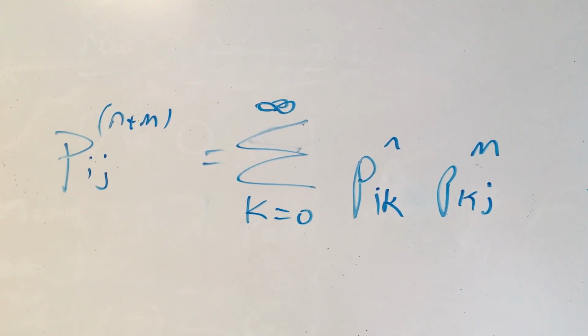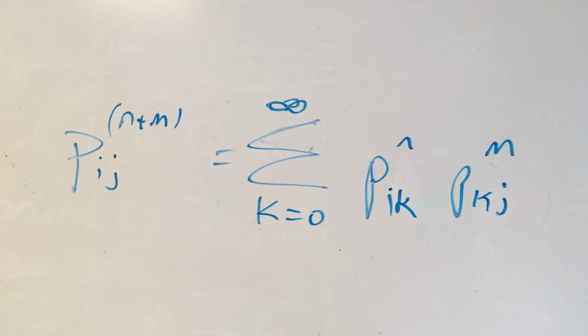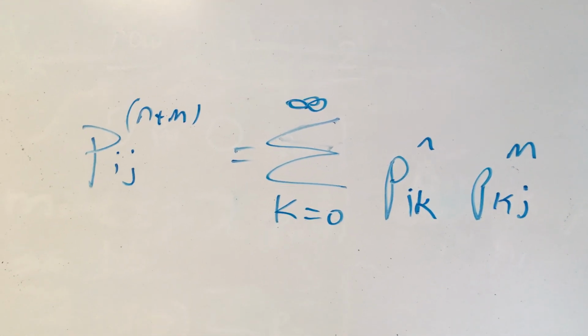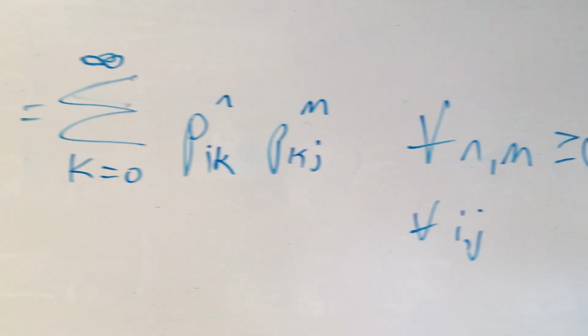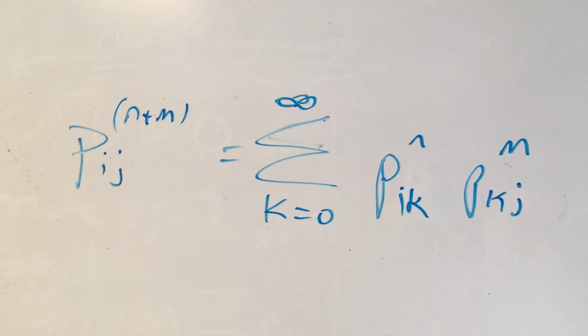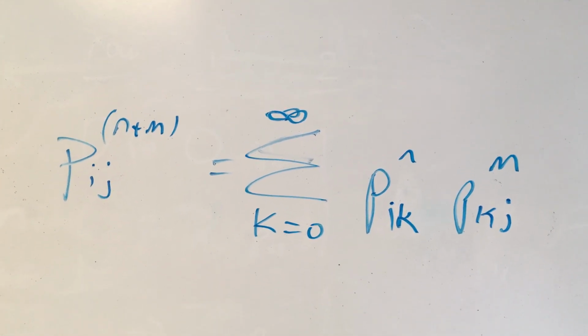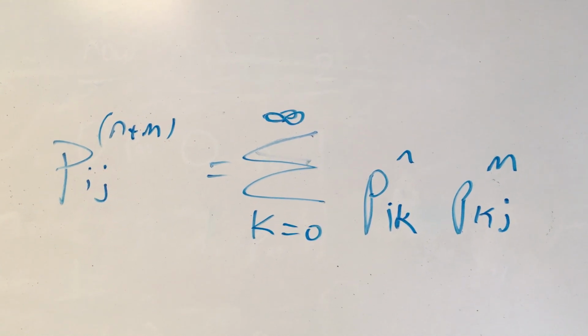Chapman-Kolmogorov, Part 2. Okay. This is the generalized version of what I was getting at the end of the last clip. So this is going to apply to all i and j, in other words, for any starting state and end state in a system. What this says is that the probability of going from state i to state j, so from some starting state